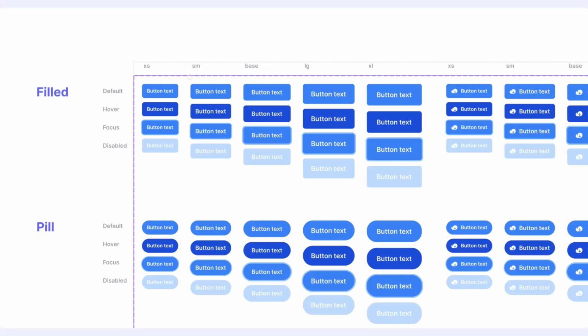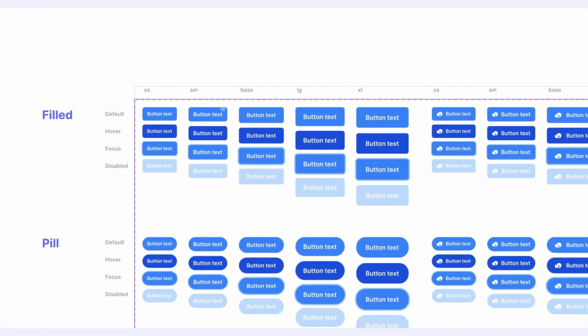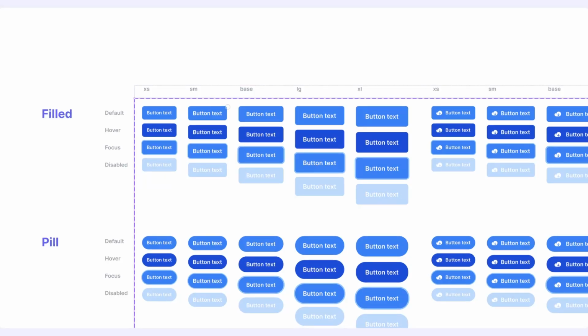So of course, for smaller devices, smaller buttons can be quite useful, or for web apps, and of course for larger screen sizes, you're going to also consider the larger buttons. So usually at least at the bare minimum, I want to have two sizes of buttons, either a medium or a large. But the more you're going to work on a project, the more I need is going to arise,